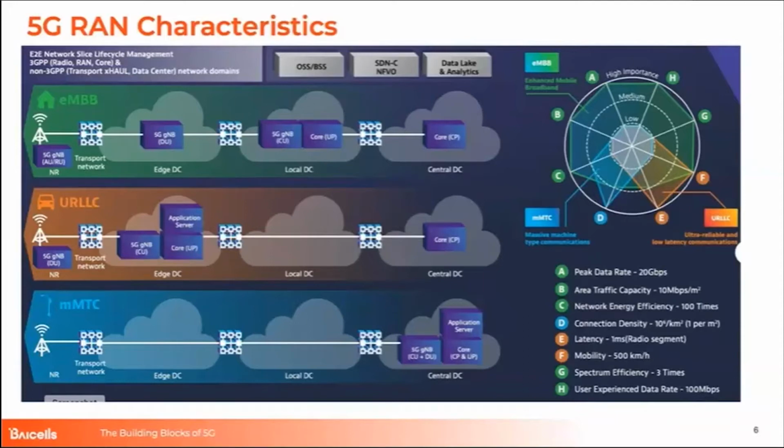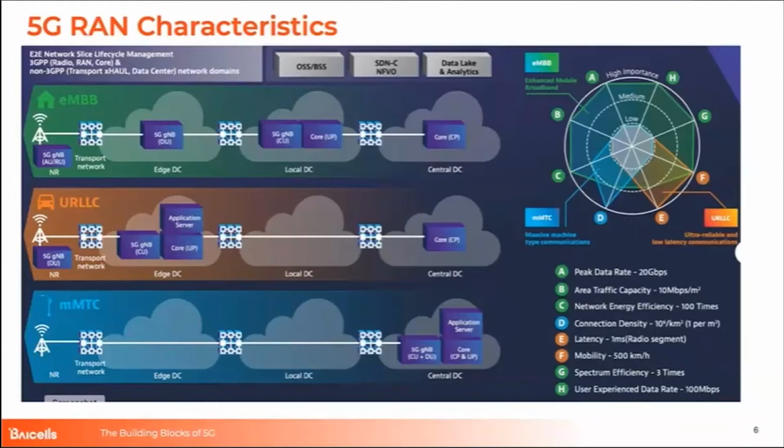And the way it's deployed, the radio unit, the RRU, would be at the site on a tower. And then we have the data centers here. They're divided into edge, local, or central. Remember, we talked about RU, DU, and CU. The DU will be closer to the edge, and